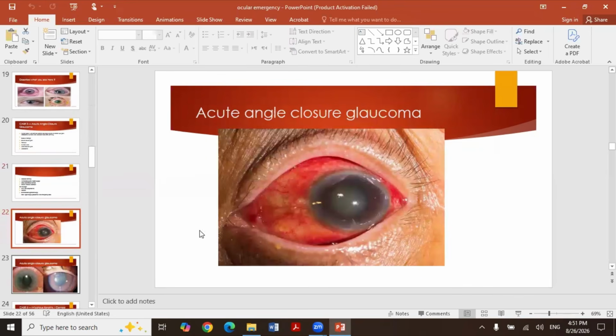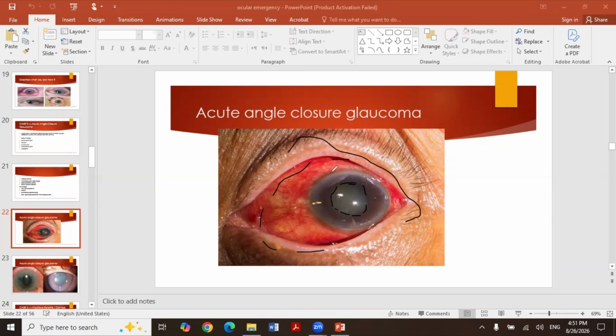So look at this picture. This is acute angle closure glaucoma. First of all, the pupil. It's not the normal size of the pupil. You can see it's mid-dilated. Mostly the eye is severely injected. If the eye is white, this is not acute angle closure glaucoma, but in this picture, it is a severely injected